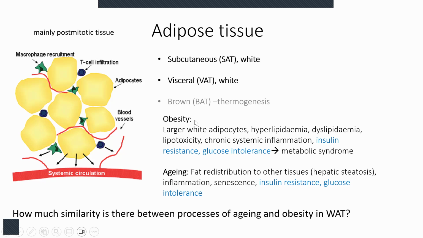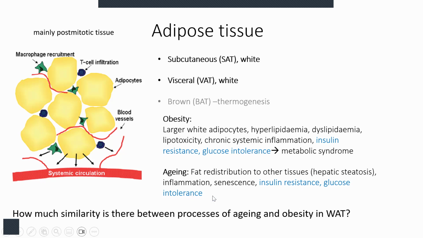It is known that in obesity, there are larger white adipocytes, there's hyperlipidemia and dyslipidemia, lipotoxicity, as well as chronic systemic inflammation. There is insulin resistance and glucose intolerance. And all these features can also lead to a metabolic syndrome. During aging, there occurs a fat redistribution to other tissues. So, for example, there is hepatic steatosis, there's also inflammation and senescence, and as in obesity, there is insulin resistance